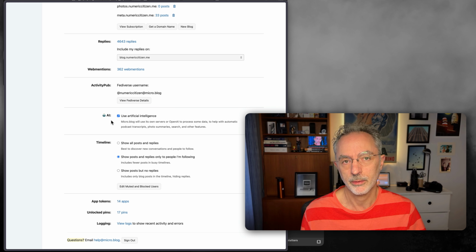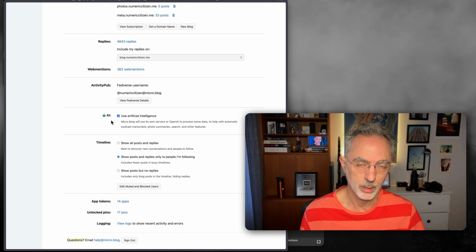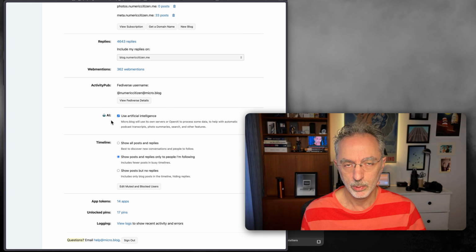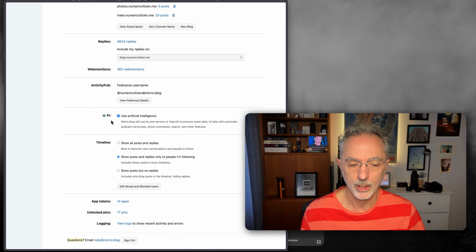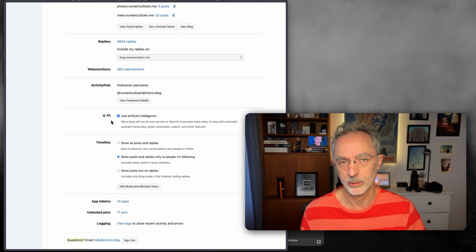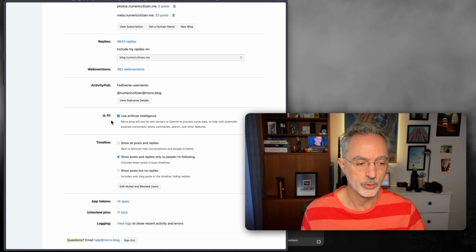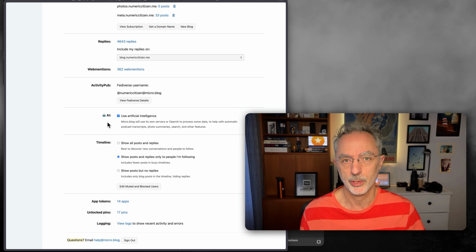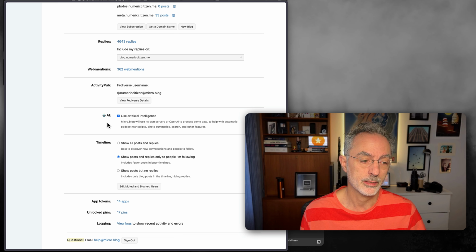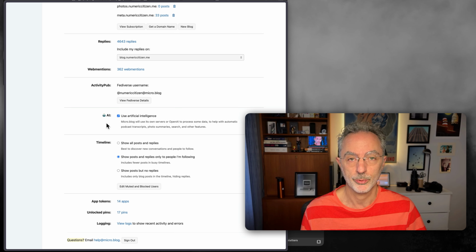Also, if you save a bookmark using Microblog to an article on the web, chances are that this article will be summarized also using OpenAI. So if you want to disable that for everything in Microblog, just uncheck this checkbox here. Otherwise, leave it on, and you will have the full experience of Microblog. And this is, of course, for premium users.